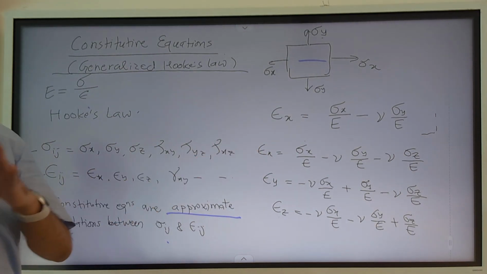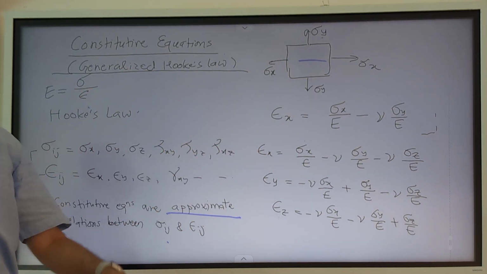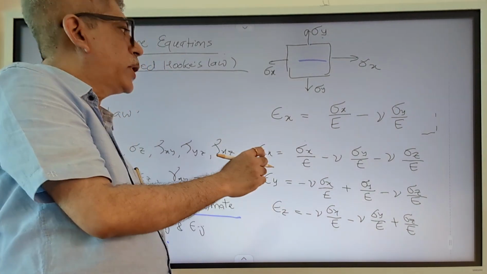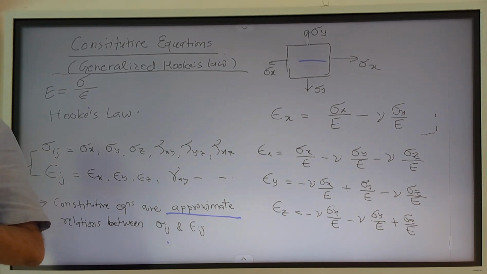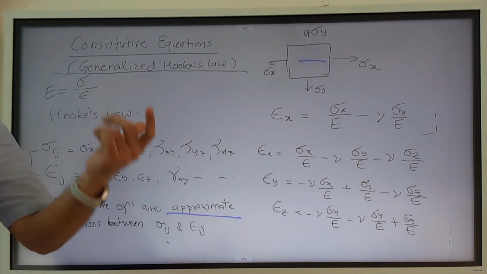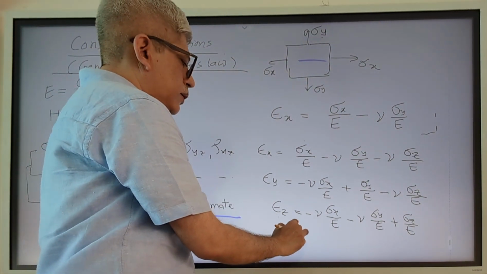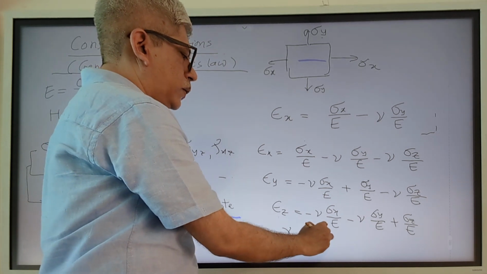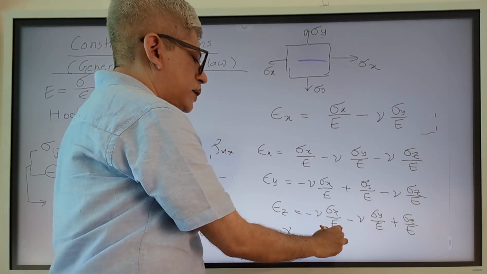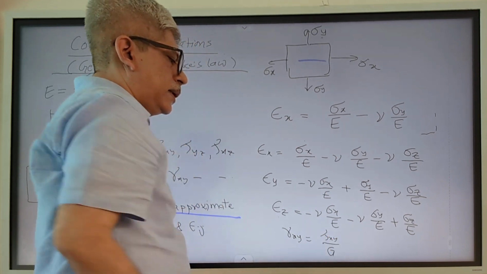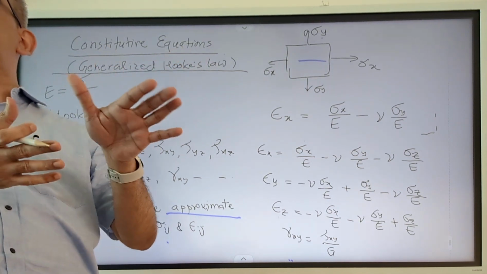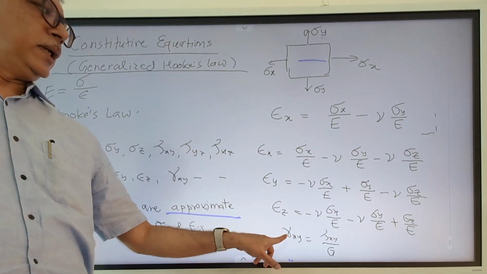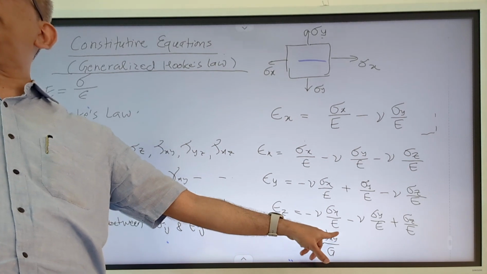Similarly, there are relations for the shear stress and shear strain. So what is the relation between shear stress and shear strain? There is another material constant which comes into the picture: the modulus of rigidity, for which we use the term G. In that case, gamma xy equals tau xy, the shear stress, divided by G. In this case, no Poisson effect comes into the shear strain. There is no concept of Poisson ratio. It is simply that gamma xy directly depends on tau xy.